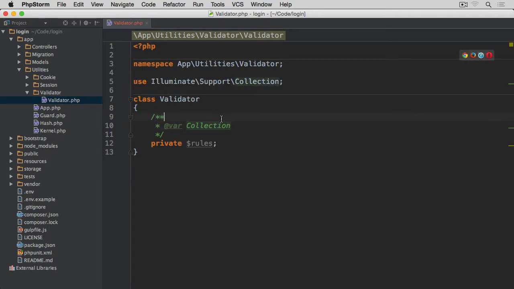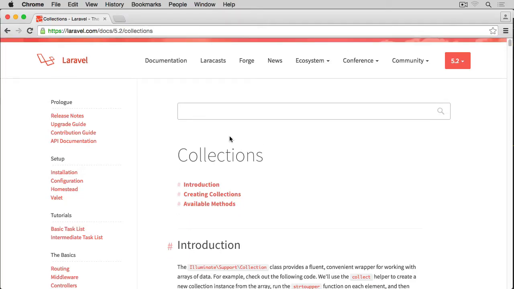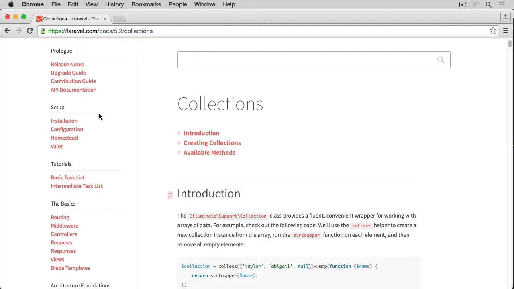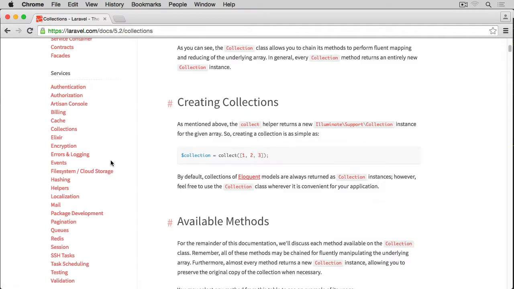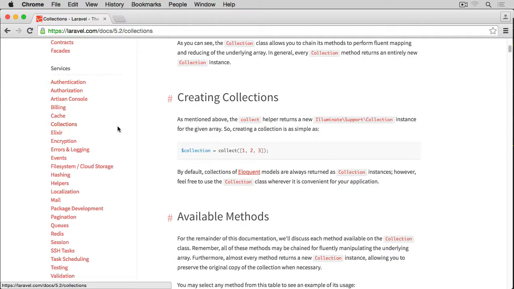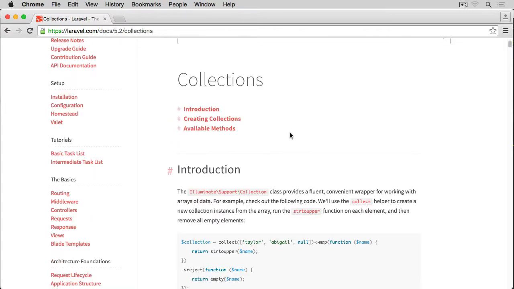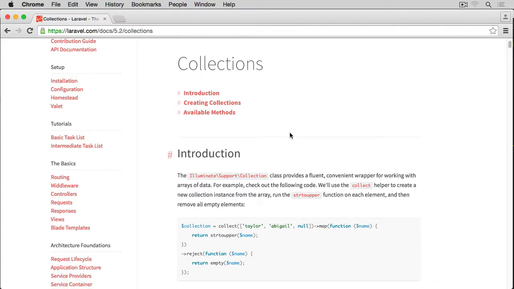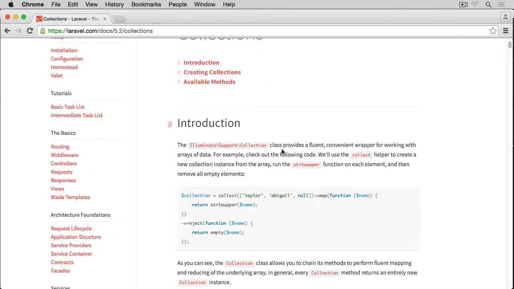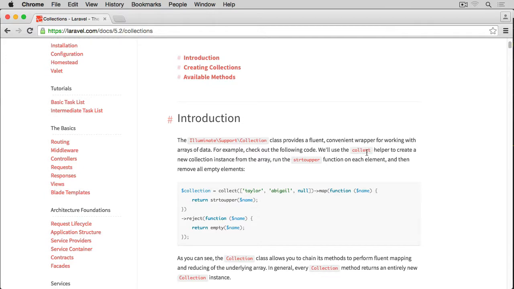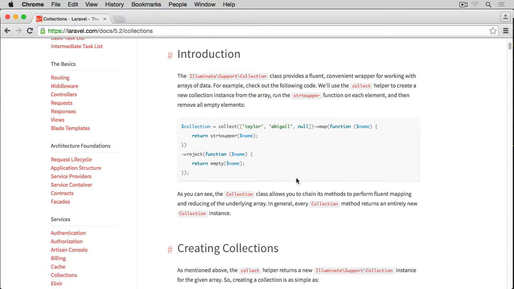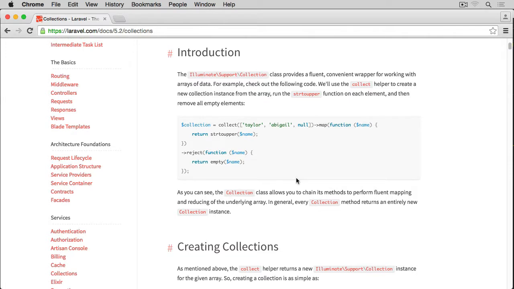Let me just quickly show you where you can read a little bit more about these collections. If you go to laravel.com, click on documentation and scroll on the left hand side, you have Collections. If you click this link, it takes you to the collections page, and you can read the introduction. The class provides a fluent, convenient wrapper for working with arrays of data. For example, check out the following code. We'll use the collect helper in this case,